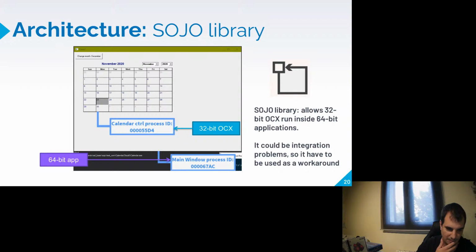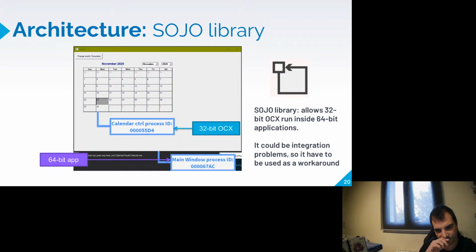The Sojo library makes a wrap from an ActiveX control, using interprocess messages.